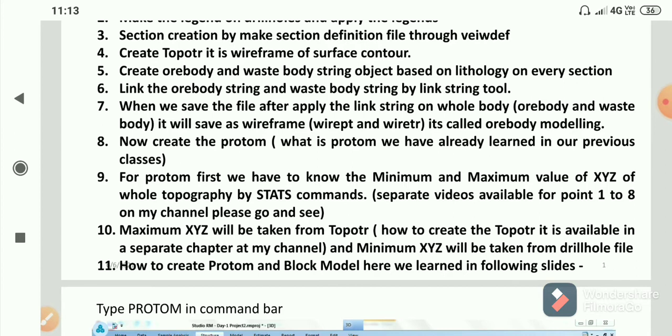How the STATS command works, and how we can get the minimum and maximum XYZ and all other information for our drill hole files or block model, and the origin of block models, we can get from the STATS command. For understanding the STATS command, please see my video on my channel.